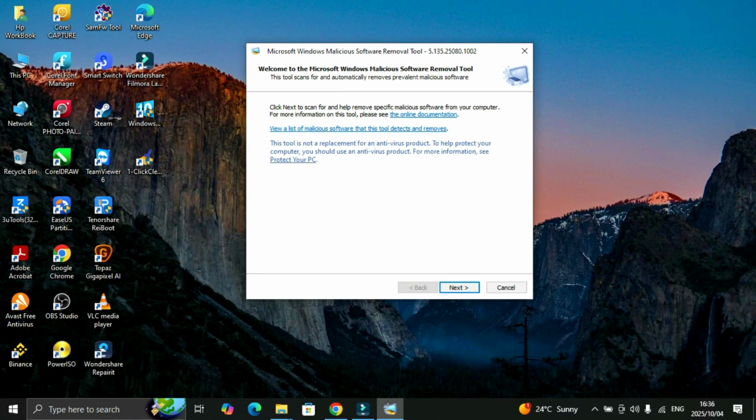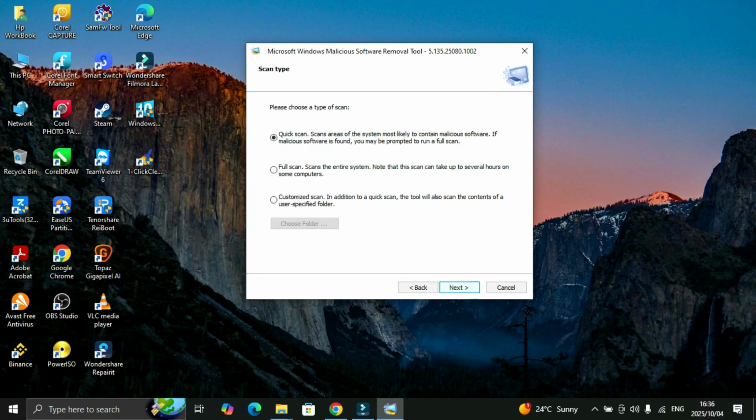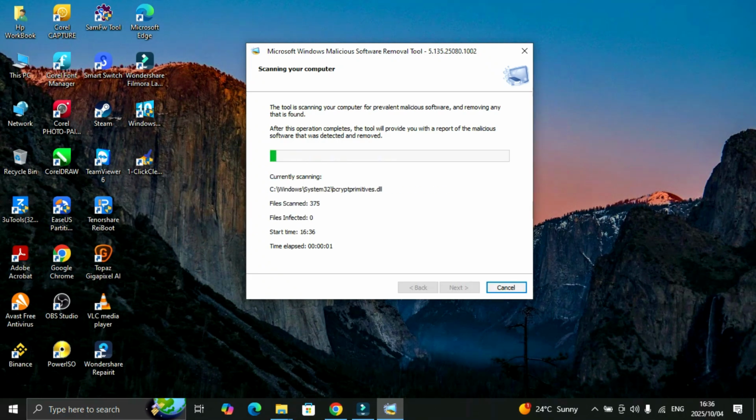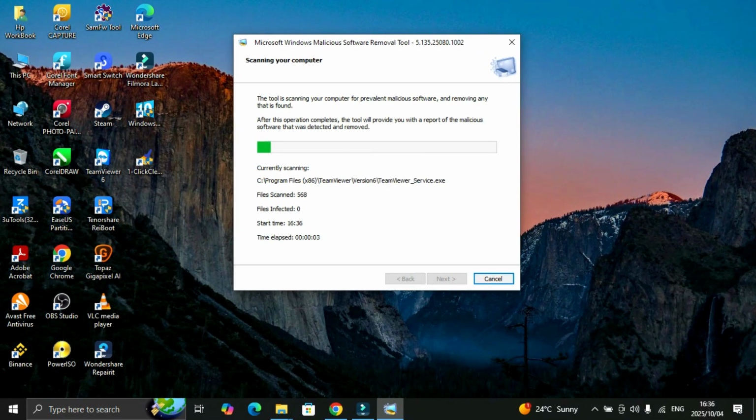So here you can see, welcome to the Microsoft Windows Malicious Software Removal Tool. If you say next, you'll find these options: full system scan and quick scan. Or you can customize your scan, or you can choose a folder for targeted scanning. For quick scan, I normally go with this, and then it's going to start scanning your system. I already did that. So that's how you scan your Windows 10 without having any free antivirus or any paid